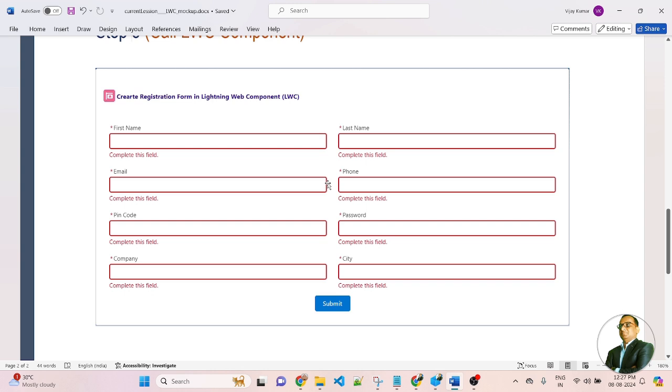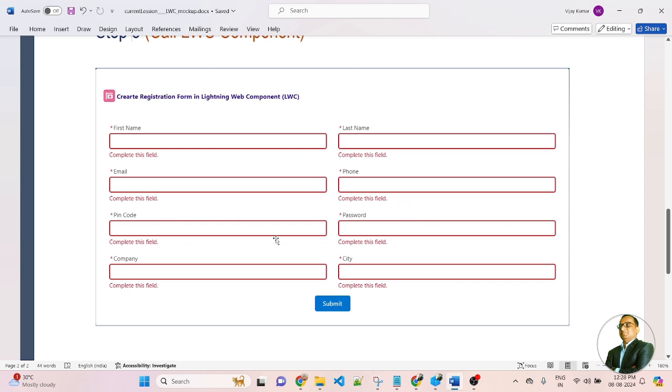So here you can see in the LWC component, I created a custom form and there is a button. Once you click on the button, the blank input fields will display an error message. So here we will create form validations. If an input field is not filled up, then it will display an error message below the input field. And here I will check the reject pattern on the email, phone, and PIN code. So if the user does not fill in the email in email format, then it will display an error. Similarly, if you do not fill in the phone number in the correct format, or the user does not fill in the PIN code as a 6-digit code, then it will throw an error.